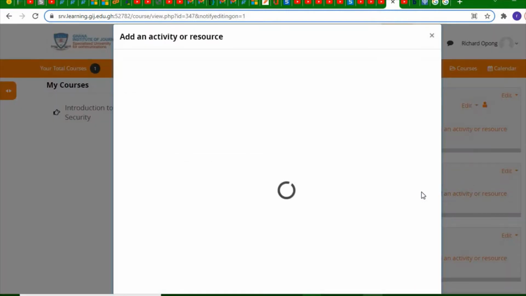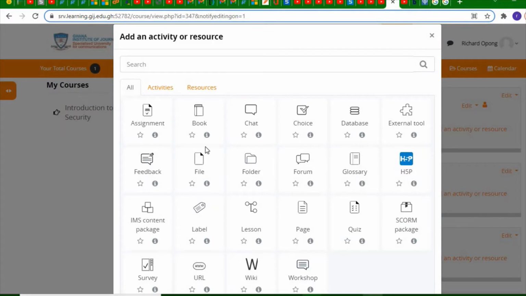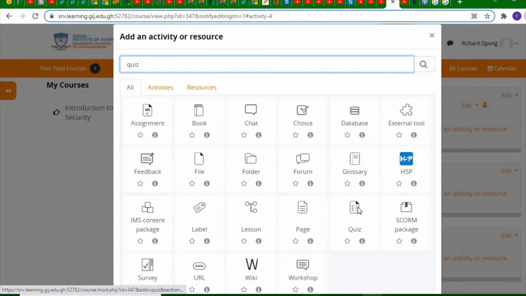Click on the add an activity or resource, look for quiz. Since it's an activity, we can click on activity here, or try and search. Okay, it's right here. Click on quiz,